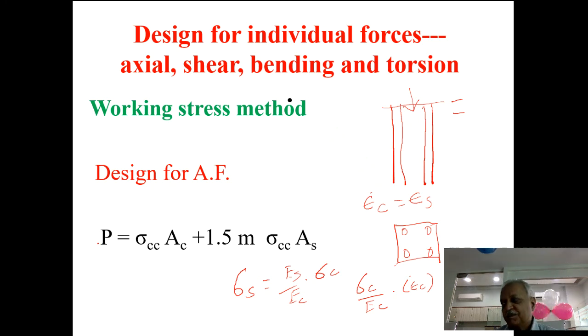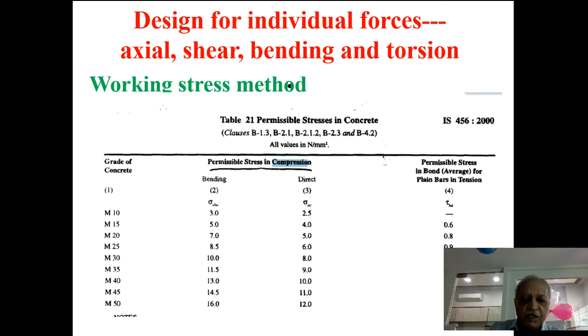So our working stress method indicates that if it is axial force that you are considering for design purpose, then we need to consider the capacity of the column to carry only axial force. We are taking a very simple concept that it is only axial force for which I am designing the member, and for that, for working stress method, I have got this simple expression to know what is the load carrying capacity under working stress method for that particular column.